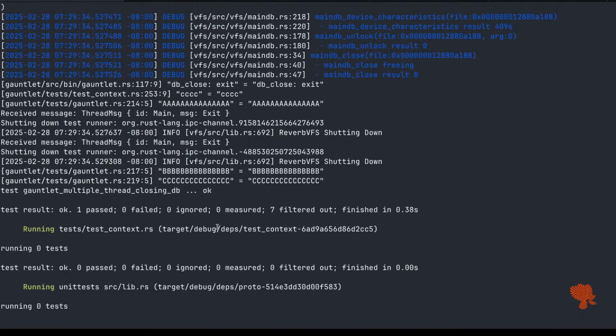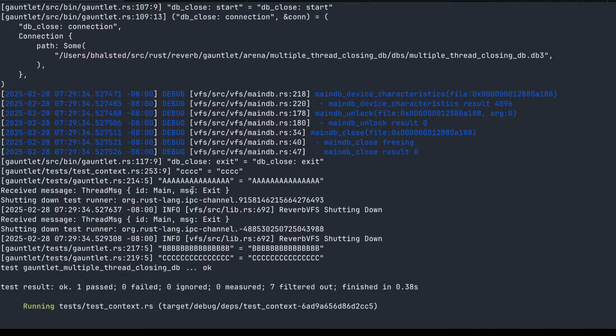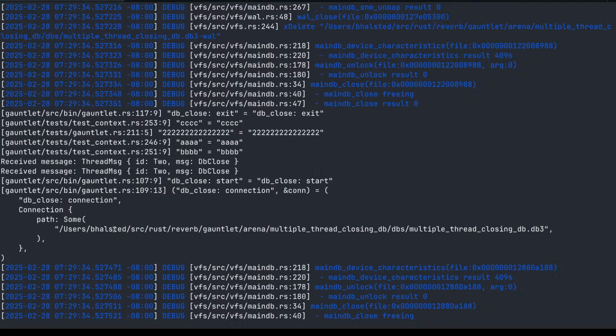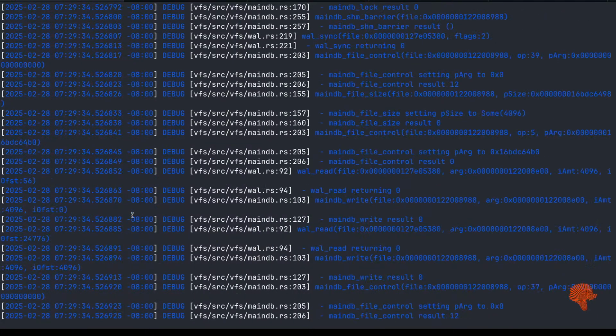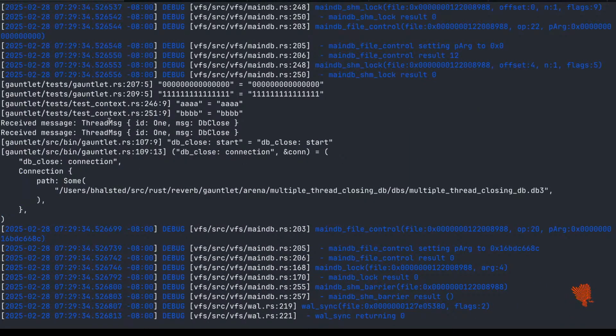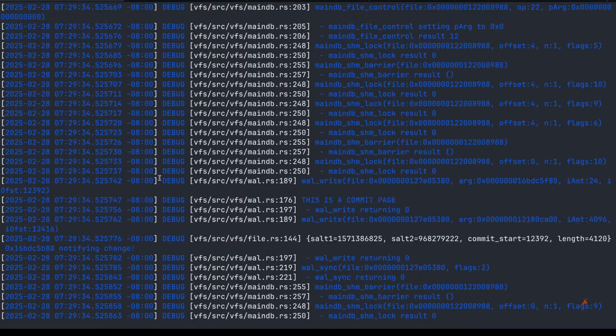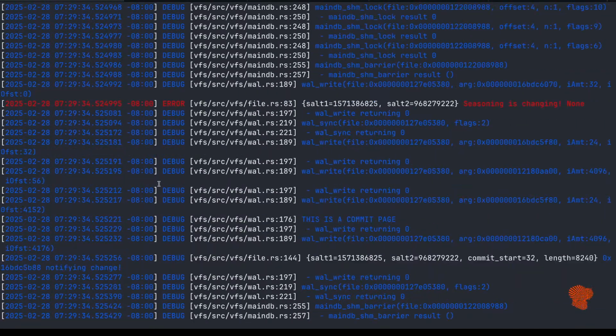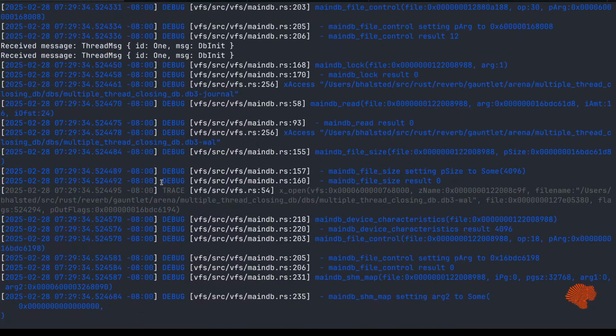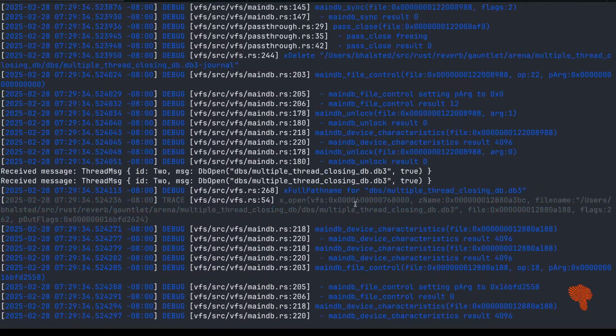Now, why is that though? So we should be getting two closes. There's one close, and where's the other close? Do we only get one close? Do we not open the second one? There's one, two. There's the main DB opening.